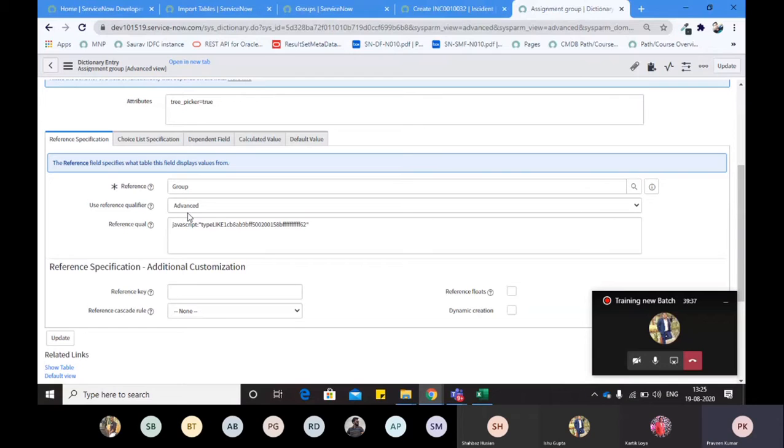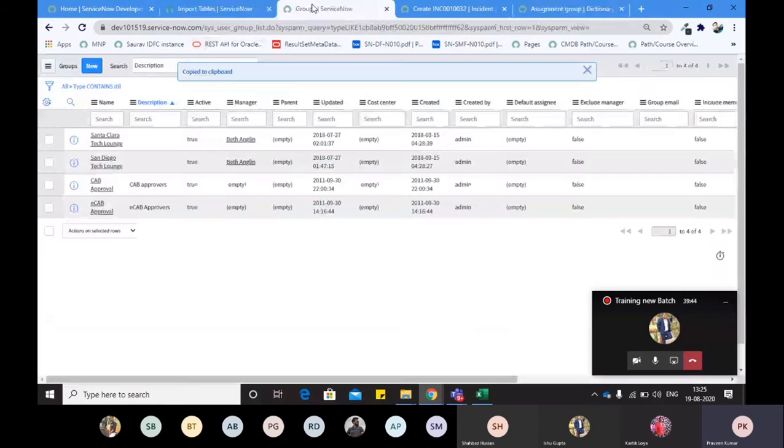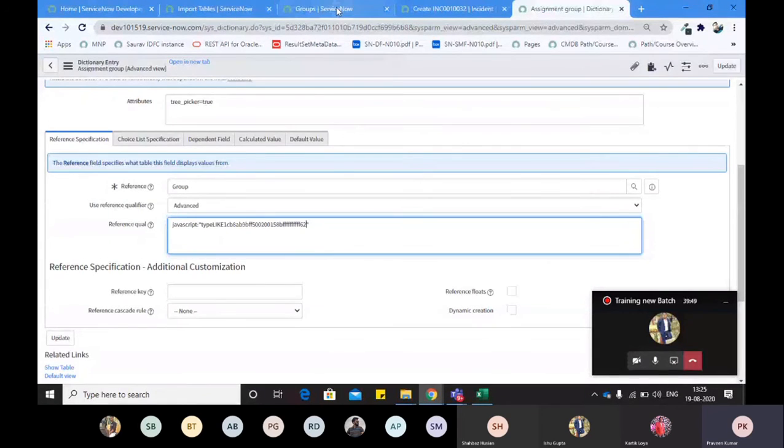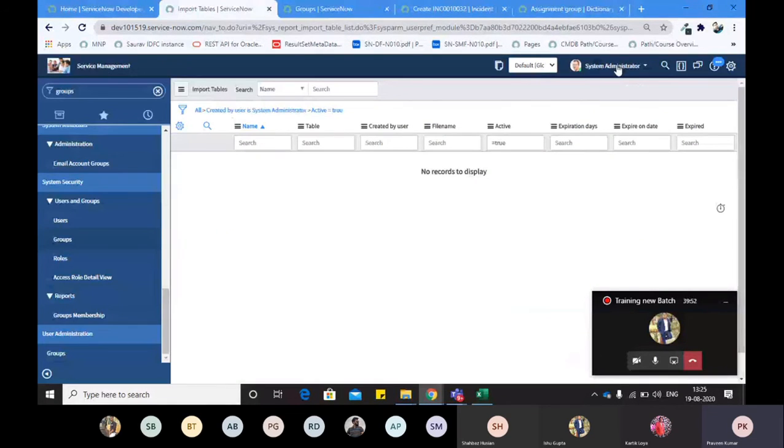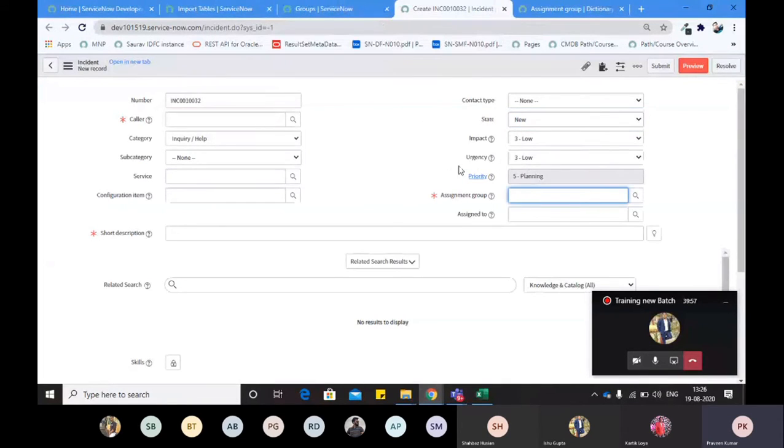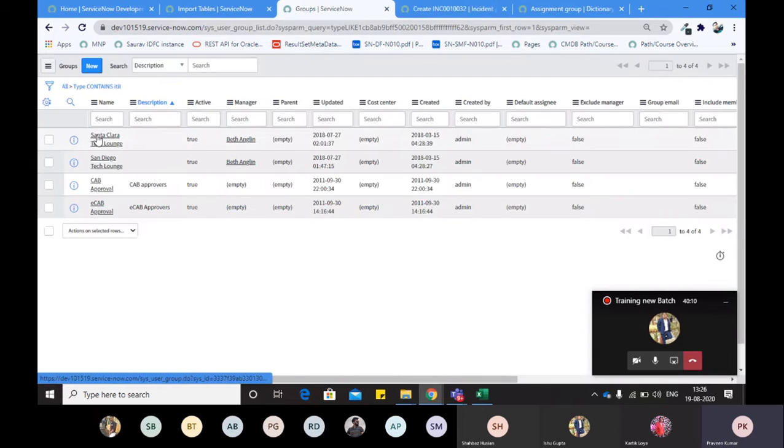Sometimes a similar condition I can create here using simple. So why am I using the advanced? For example, consider one more scenario, where the scenario is who the logged in person is. For example, I am the logged in person, System administrator. I have to show all those groups here that the system administrator is part of, means all those groups will come here in which system administrator is a member, right? So for example, if system administrator is member in group 1, group 2 and group 3, then only 3 groups